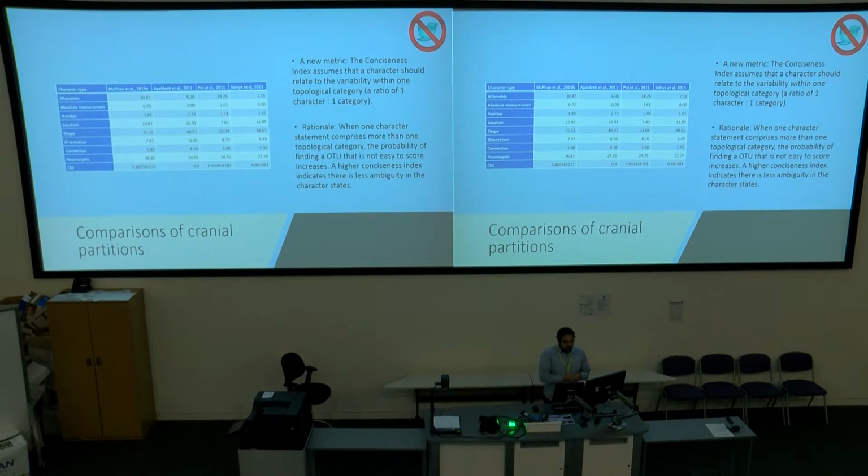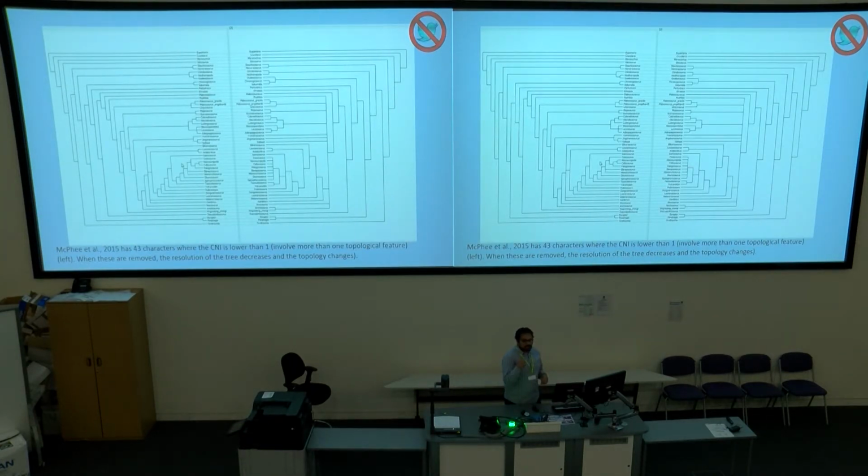And that means that as you increase the amount of taxa, the probability of finding one taxon that is not scorable, or that you cannot score, increases. So that makes the character more ambiguous. And when I flagged the characters in one of the most recent phylogenies, when I flagged all of the characters that were redundant, all of a sudden the main topology disappears. And when you delete characters at random, the same amount of characters, the main topology is preserved. So that means that the characters that are ambiguous are introducing noise, and the variability they are trying to convey is not being perfectly sampled or perfectly scored in the tree.